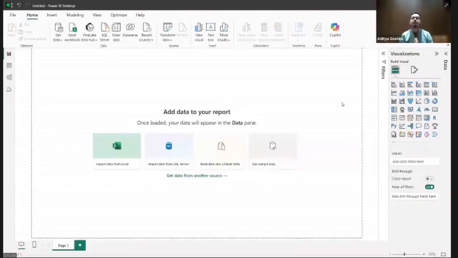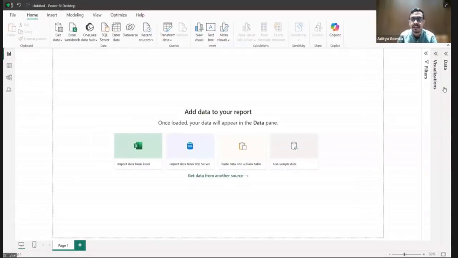Okay? Apart from that, one very important thing which I want you to see on the right hand side of my screen. Okay? Guys, do you all see these 3 different vertical lines over here? Yes. So these are the panes. P-A-N-E. Not the pain. Not talking about that. These are the 3 different panes which are a very important part, via which you will be able to create the visualization.